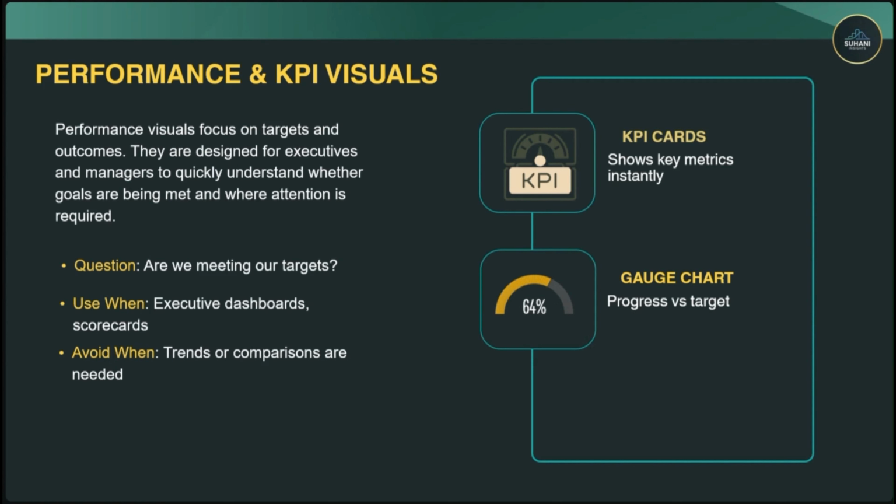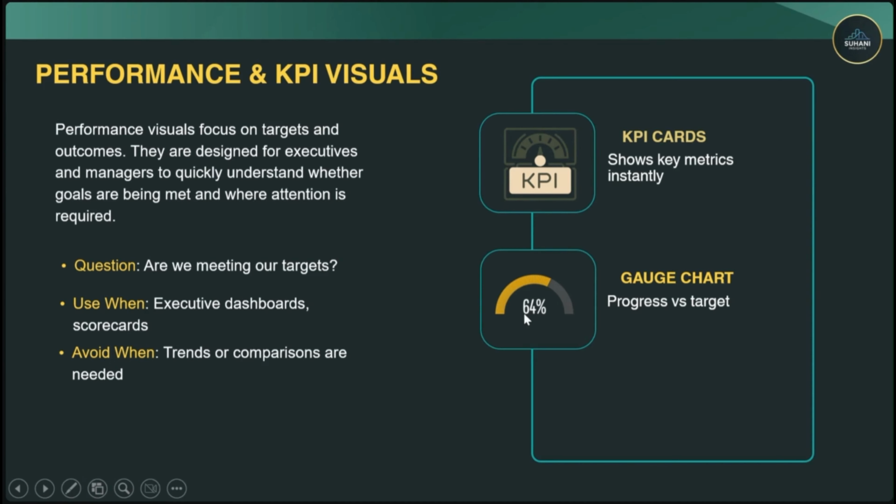Okay, imagine you're watching a cricket match. Okay, and if you're also having an exam on the same day, so you won't have the time. Okay, our mom will not allow us to watch the whole match, but yes, we will watch the scoreboard. Okay, this many runs are done, this many balls are left, this many runs the batsmen need to cover up. So this is what the KPI cards or the gauge chart is.